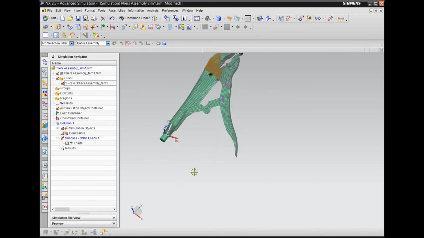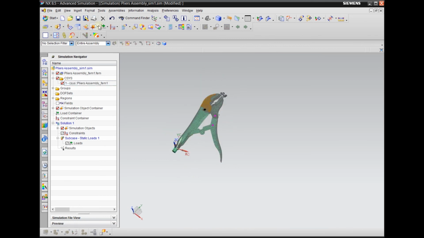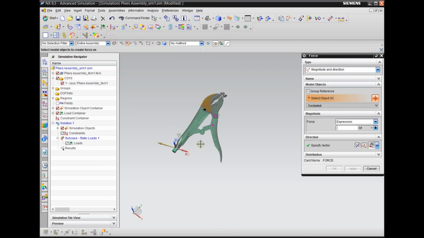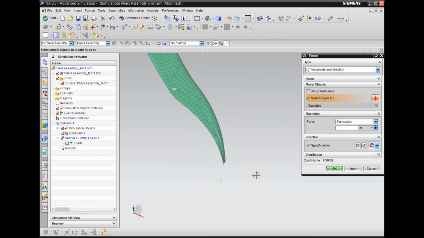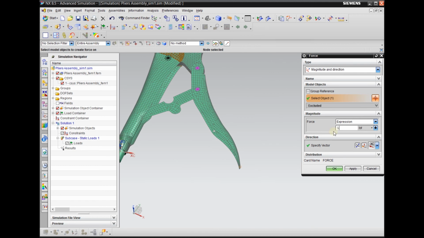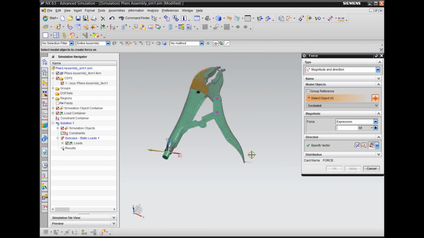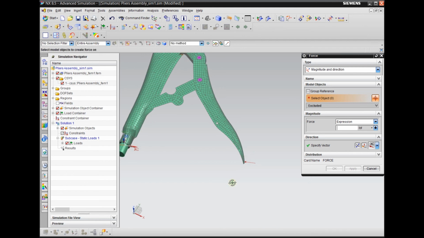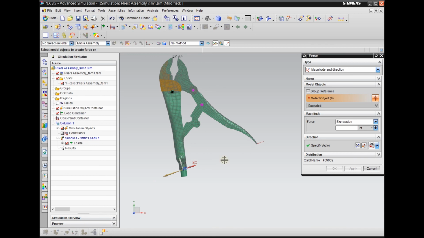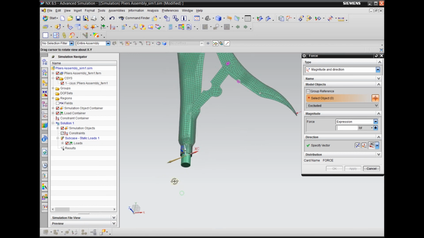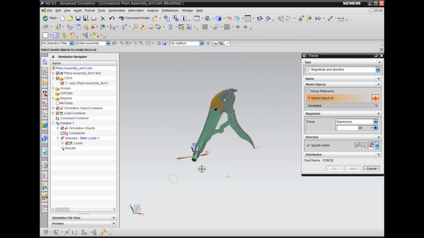Okay, and let's apply force. Now you can apply X minus on this point of the handle. Okay, then give it a 10-pound force. Apply. So you can see that's why we need the coordinate system. It's aligned with the 2 handle. Now the second force is